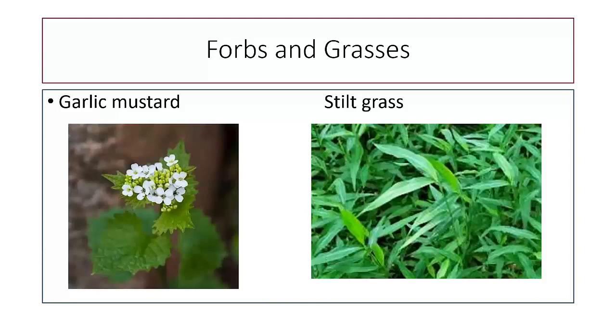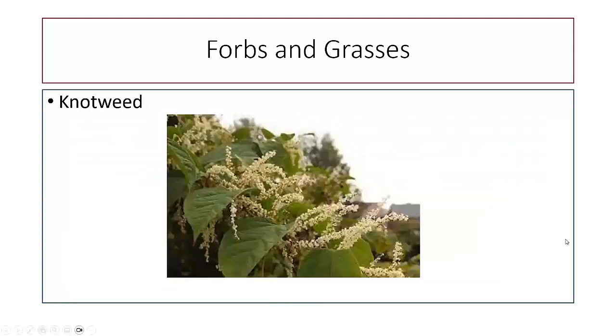Stilt grass is an annual, so if you can mow it before it sets seed in the fall, you can start to eliminate it. It's fairly shallow rooted, so it can be pulled, but the seed heads are incredibly prolific, so it will spread very quickly. So again, if you mow it at the right time, you can stop it from seeding. It is an annual, so it does have to reseed itself. So consistent mowing is one of the ways that you can manage stilt grass.